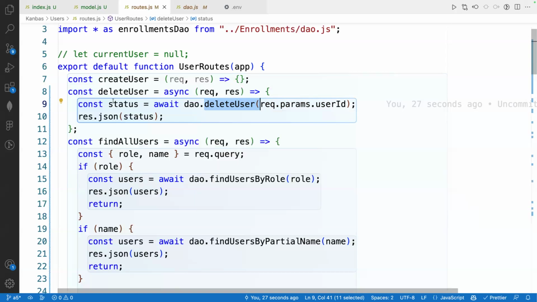Instead, both of them, delete and update, return a status. That status contains how many documents were affected, whether it was successful, whether I actually was able to delete or update. So status provides all that meta information, which I'm just going to send back to the client so that the client can do whatever it wants with it. I'm going to mostly just ignore it, but I could use it for error messaging. For instance, if I delete something and it comes back saying I wasn't able to delete anything,